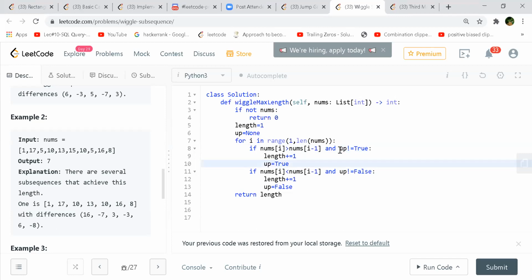Okay, so you are doing it that way. You are comparing this one, so your up is not true, but still I is greater than I minus 1. So you are looking at up, which was the previous state. If up is not equal to true, that means the previous one was a decreasing sequence. So now you have to look for an increasing one, and vice versa. Yes. This is a more optimized version, with a single variable.